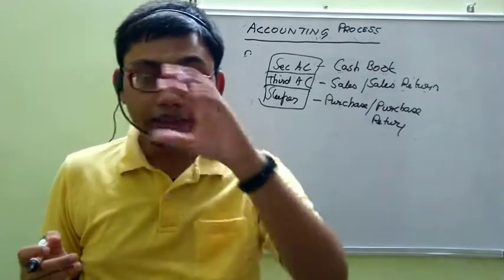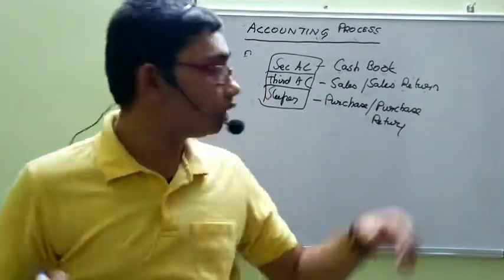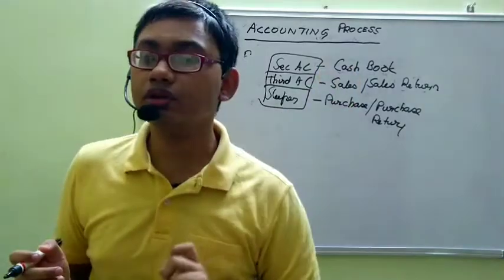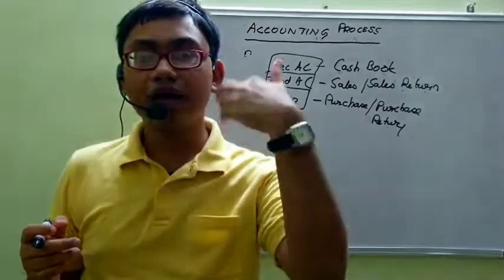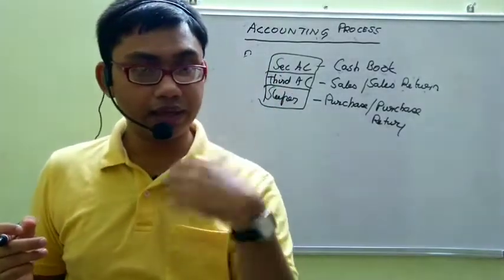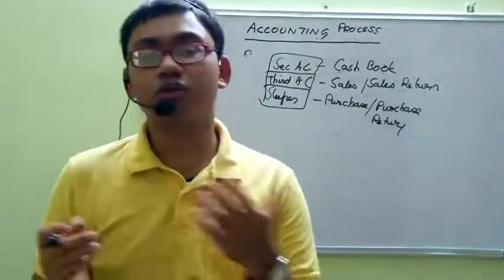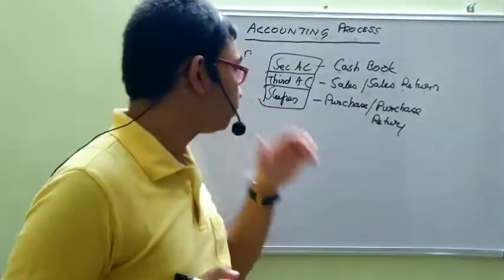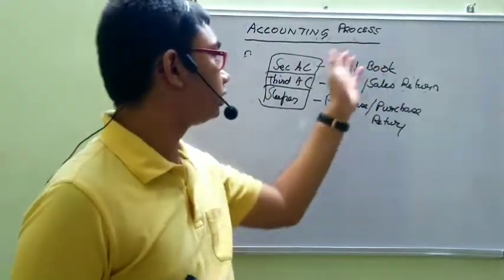But if we are making a cash purchase and we are returning it, that is where the question comes: whether we will record it here or here, whether the person will go to the second AC or the sleeper. If we are getting cash back immediately, then he will go to the second AC. But if we are not getting cash, he will go to the third AC, meaning the sleeper, the purchase returns book. Now, everything is full. These 3 coaches are full.